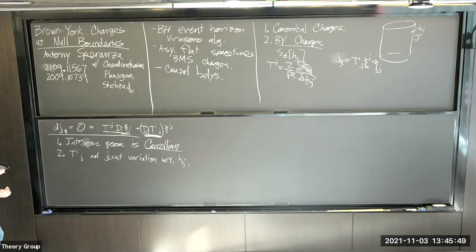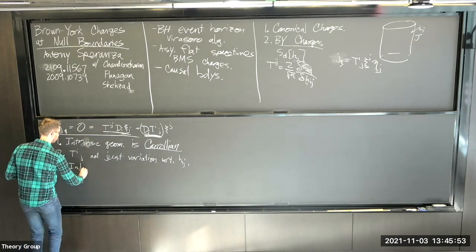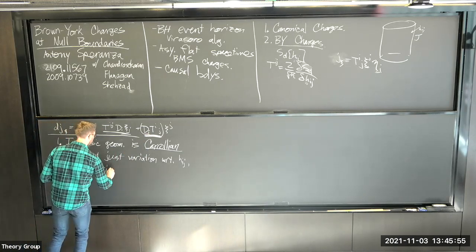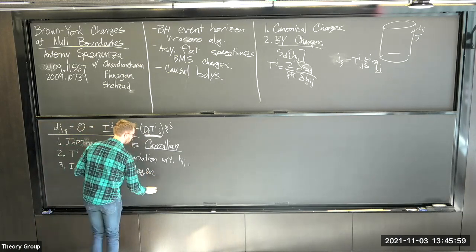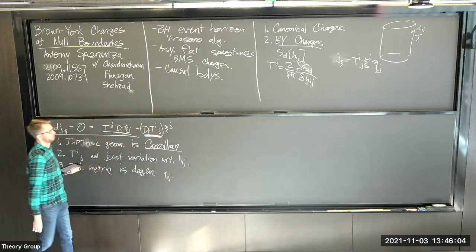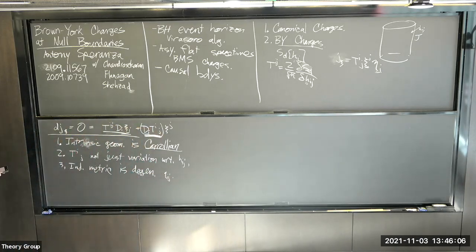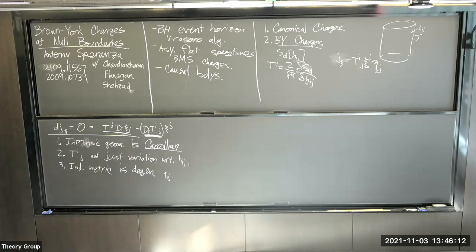And the final thing, okay, this is related. The induced metric is degenerate. So call that Qij. So it has null directions, and all this means is you have to be very careful with the index placements, because now you're not allowed to raise and lower indices with the metric as you might be used to. And so these are subtleties that you have to address when doing this entire construction